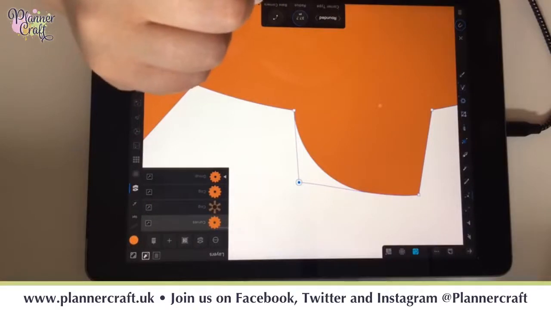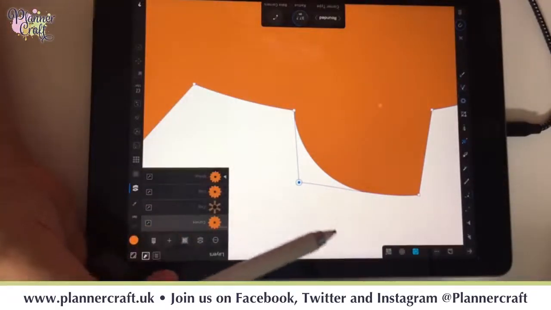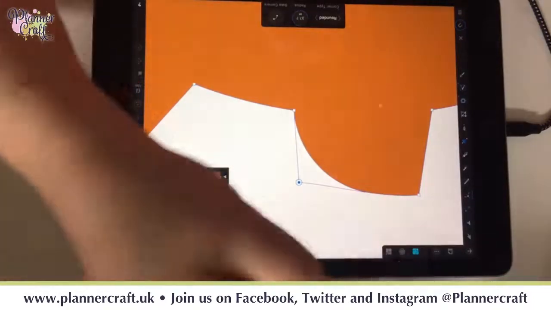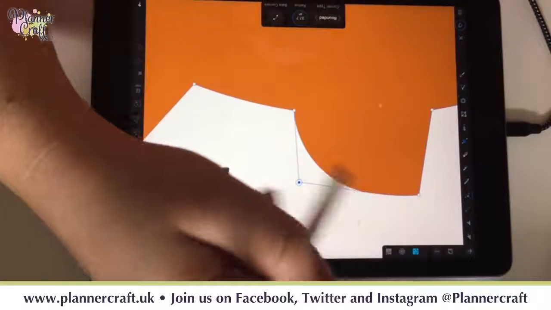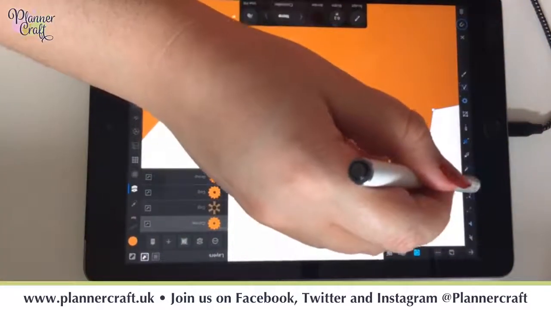What I would say is, when you go to export to SVG for scanning cart, make sure you go back to convert to curves before you save it, because otherwise you tend to lose things like your rounded corners. If I zoom back out,